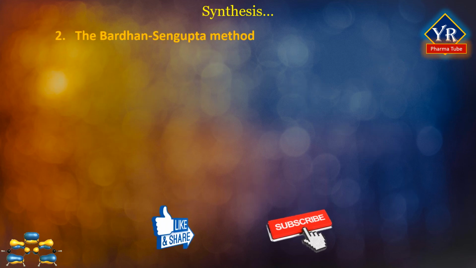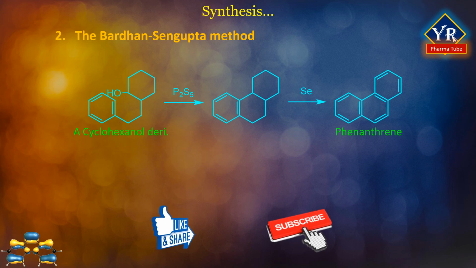Bardhan-Sengupta method. This synthesis is a classic way to make phenanthrenes. This process involves electrophilic aromatic substitution using a tethered cyclohexanol group using diphosphorus pentoxide, which closes the central ring onto an existing aromatic ring. Dehydrogenation using selenium converts the other rings into aromatic ones as well. The aromatization of 6-membered rings by selenium is not clearly understood, but it does produce hydrogen selenide.